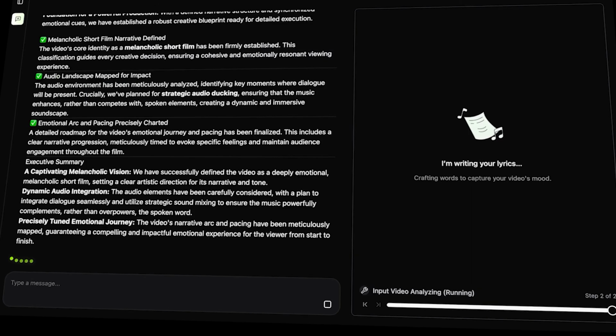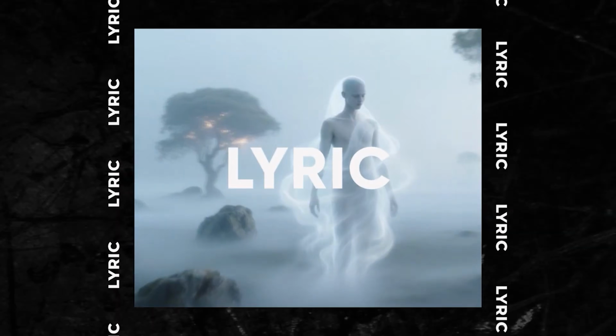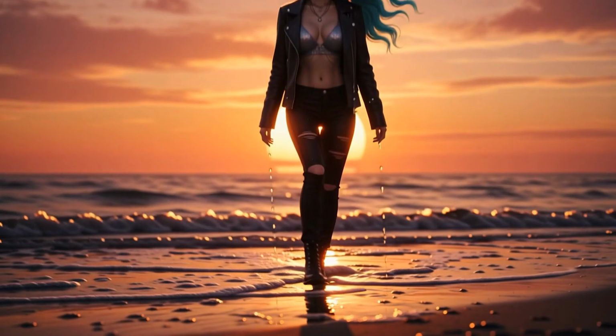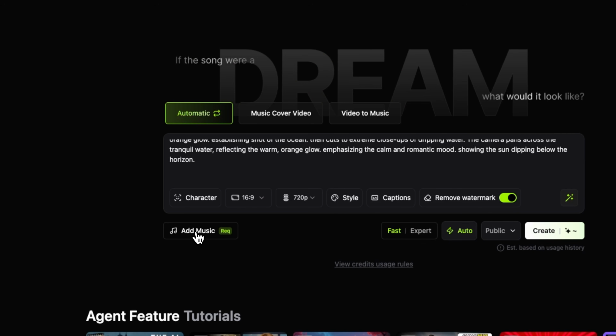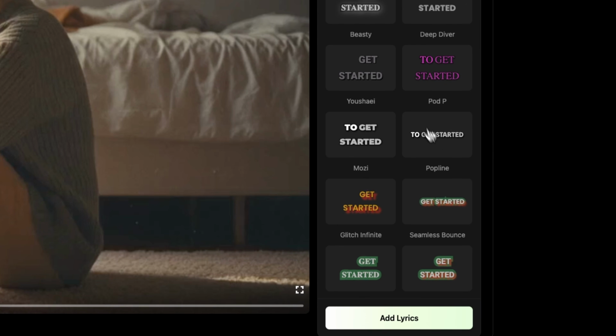Today, we're breaking down Freebeat AI. It's the world's first video agent that lets you turn any song into a ready-to-share music clip in just one click. I'll walk you through exactly how it works. We'll start by uploading a track, then generate visuals with the agent, customize characters and styles, and finally export the